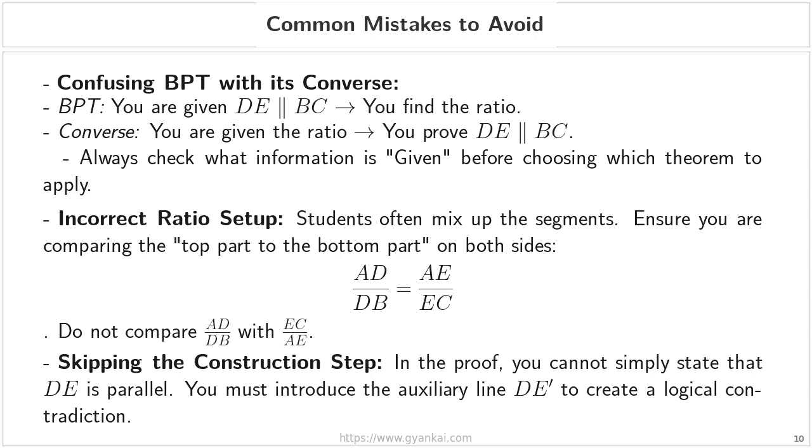Finally, if you are asked to write out the formal proof, do not skip the construction step. You cannot simply jump to the conclusion and state that DE is parallel to BC. As we saw in the previous slides, the logic of our proof relies on the method of contradiction. This means you must introduce that auxiliary line, which we call DE prime, to create the logical contradiction necessary to